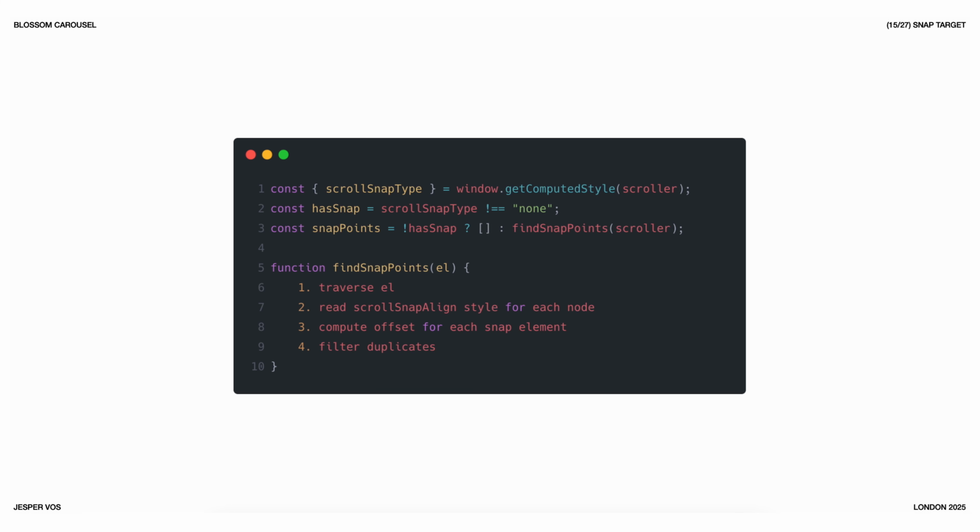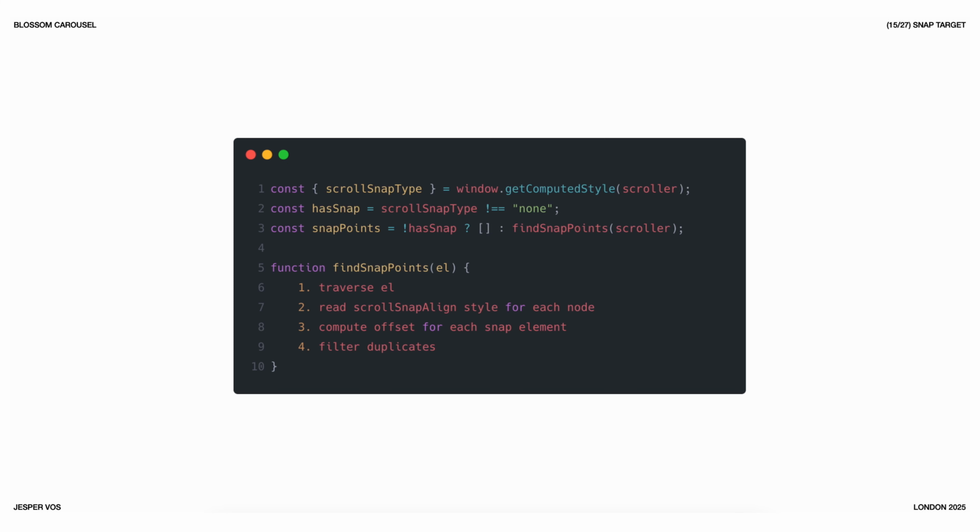But now we need snap points. Where are we actually going to snap? So we've got to compute them. CSS does it obviously in the browser. We need to do it manually. First of all, we're going to check: does our scroller actually have scroll snapping? If not, we're not going to care. We'll just skip. If we have snap points, we're going to traverse our scroller